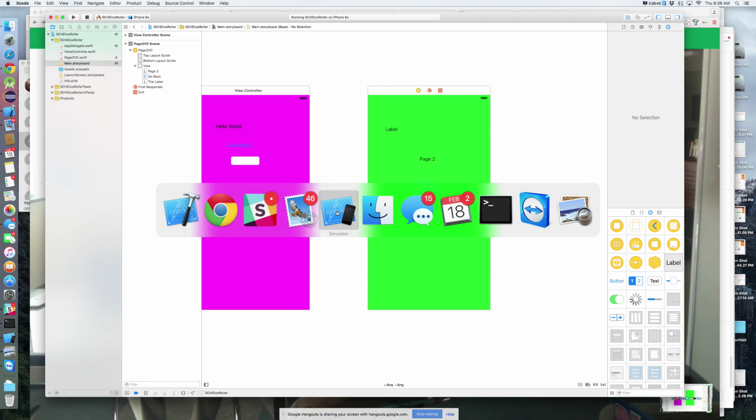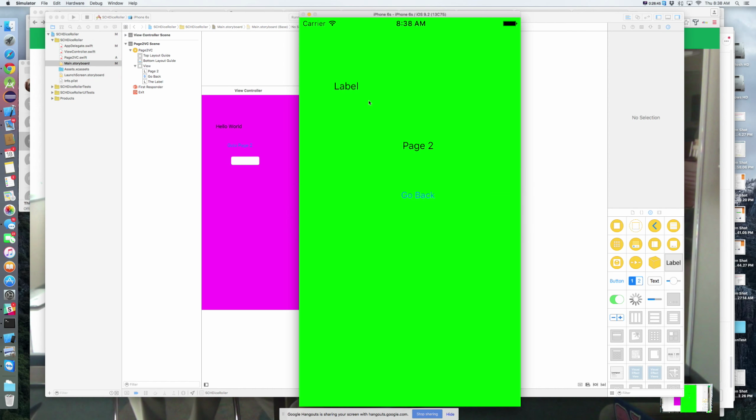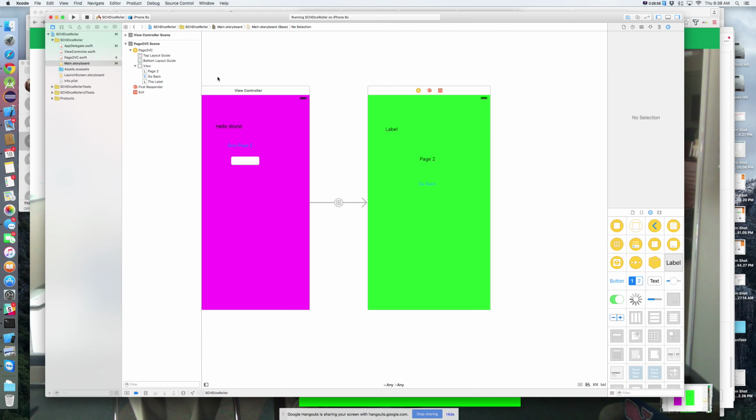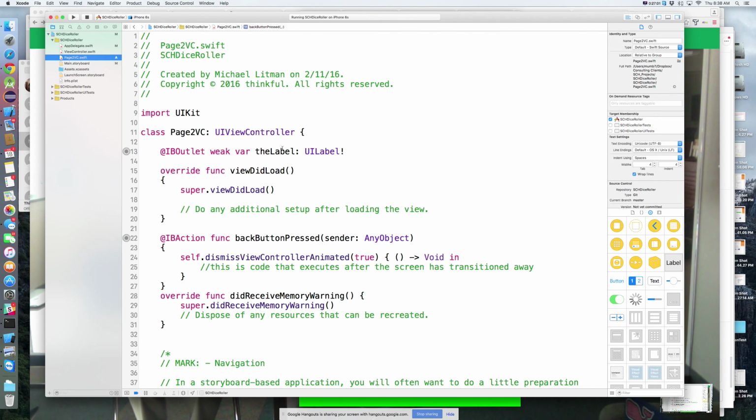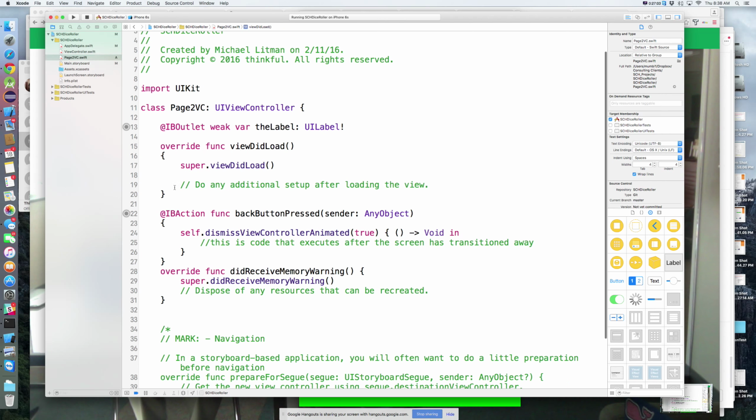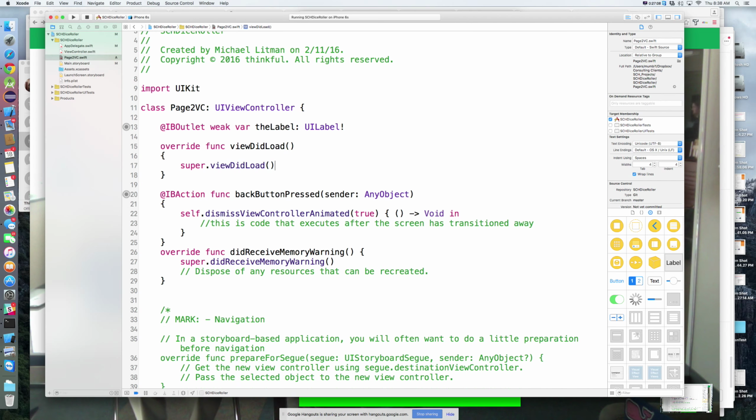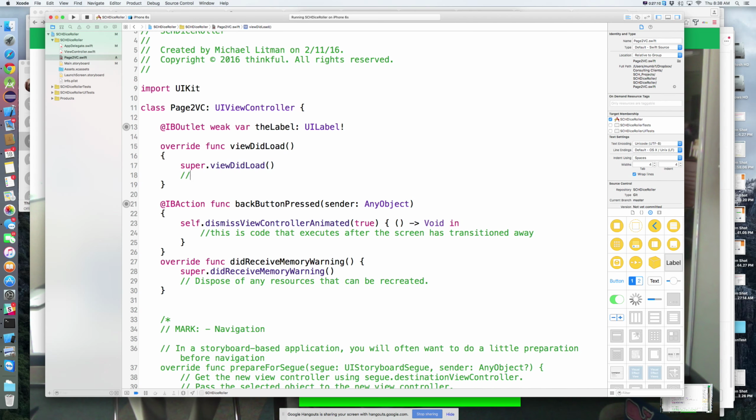All right, so last thing we saw here is that we have our second screen showing up with that label on there. So we want to go ahead and just prove that that label is connected up through our code, so we're going to set the text for that label to something when that second screen shows up. So we're going to go to our page 2 Swift, and we're going to do this inside of viewDidLoad. So I'm going to throw a comment in viewDidLoad here just to add this to our tool set. So this function is our first opportunity